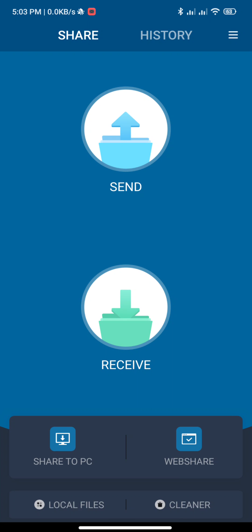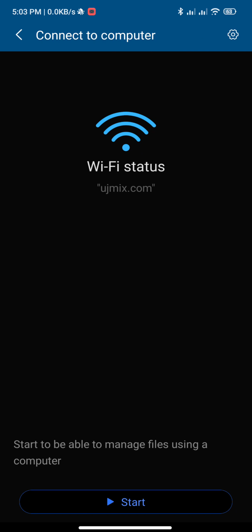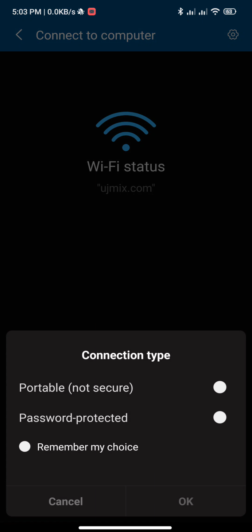Now when you open ShareMe, there is a button, Share to PC. When you click on Share to PC, keep in mind your phone and your laptop or PC should be connected to the same Wi-Fi. When you are ready, click Start, and now click